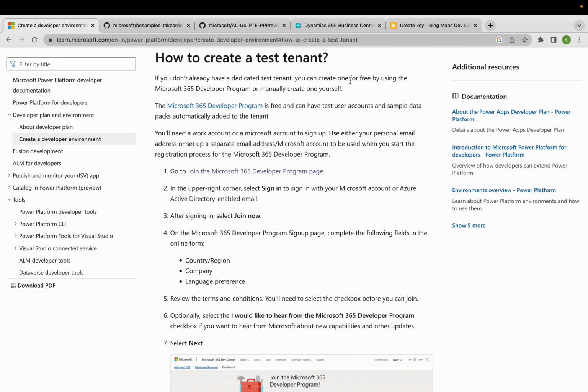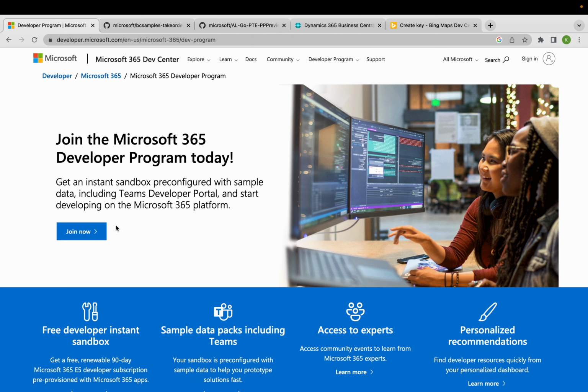Go to this, and what they are saying is, if you don't already have a dedicated test tenant, you can create one for free by using the Microsoft 365 developer program. It is free and can have test user accounts and sample data packs automatically added to the tenant. So what we have to do is go there and click join now,